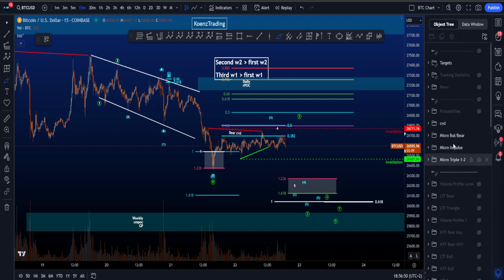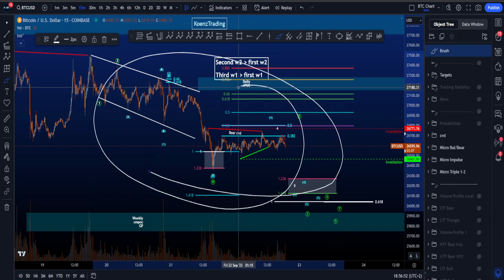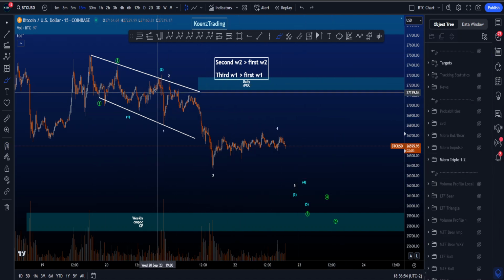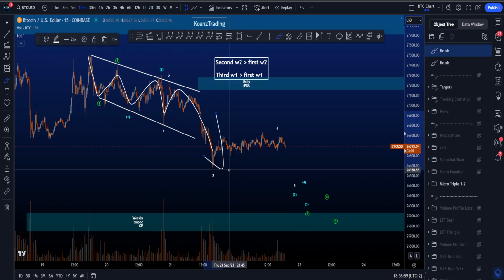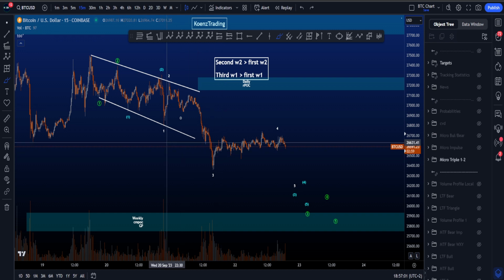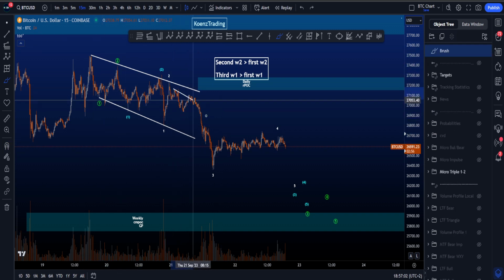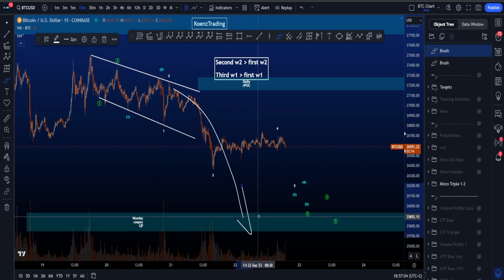Hi everyone, let's go over my micro Elliott Wave scenarios on Bitcoin. Starting with the micro 1112 scenario, where we're looking for a 121212 for then a wave 3 to the downside. Now most commonly after a 1112 you want to see a very extended high volume wave 3 to the downside,